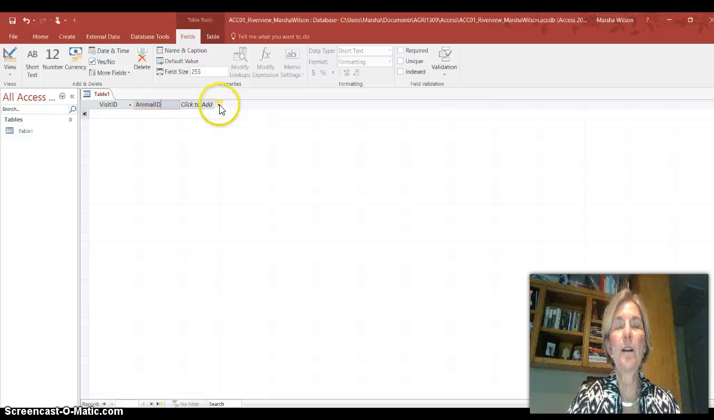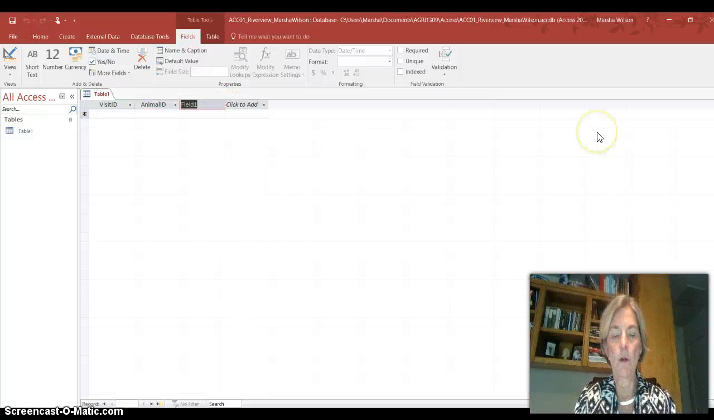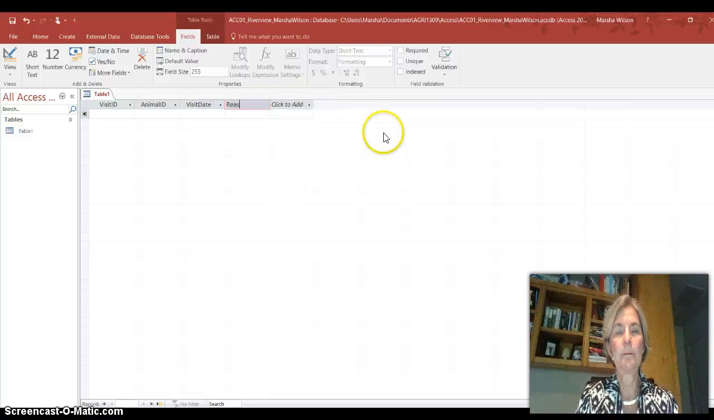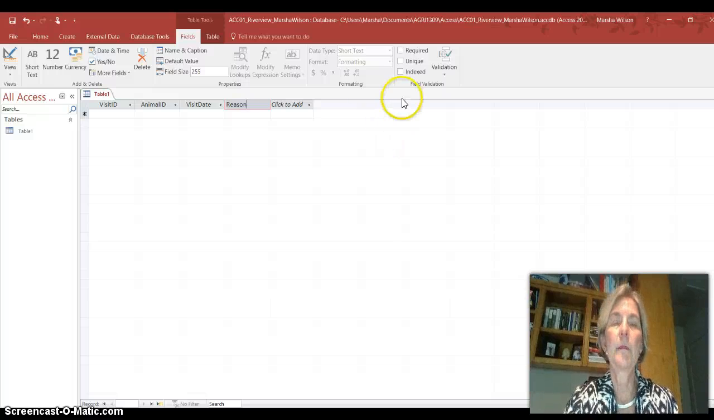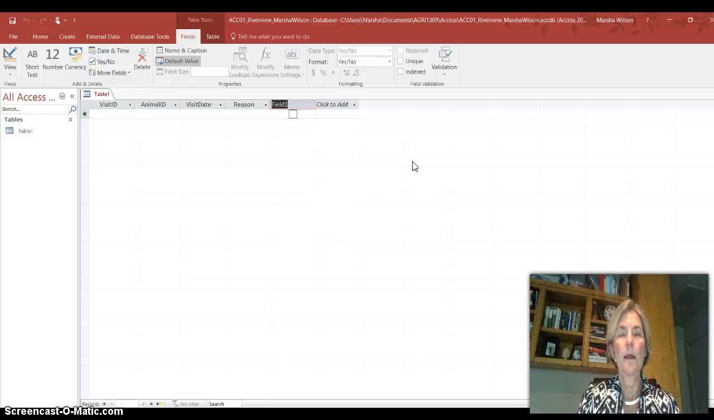Our third field, if you click to add, will be a date and time field. We'll call this one Visit Date. Our fourth one will be short text. This one will be a reason. And then the last one will be different. It'll be a yes, no field. This one will be off-site,